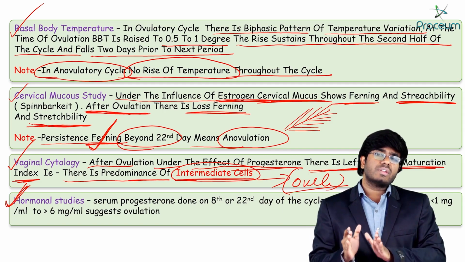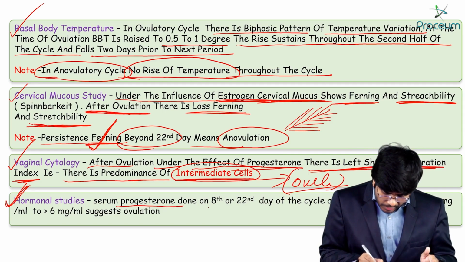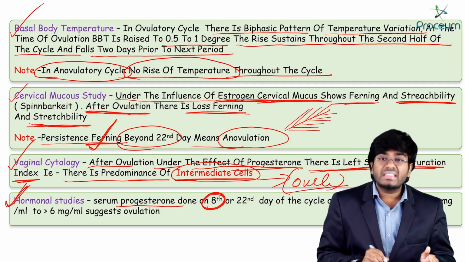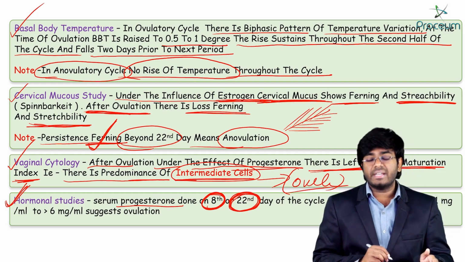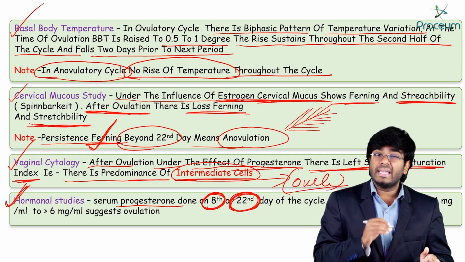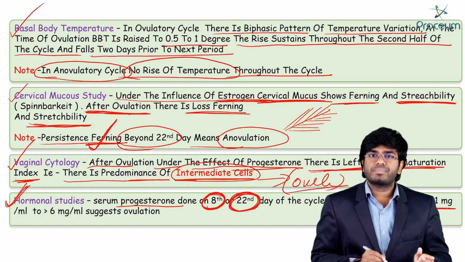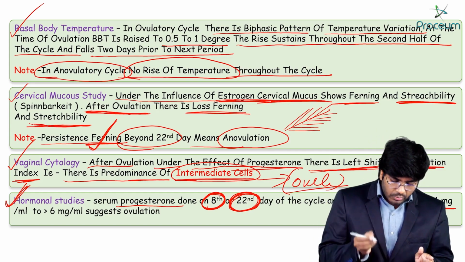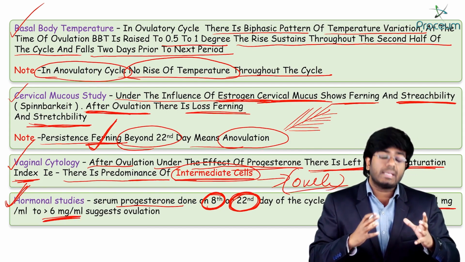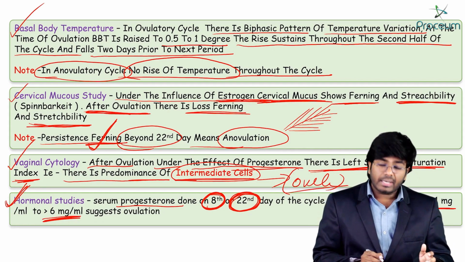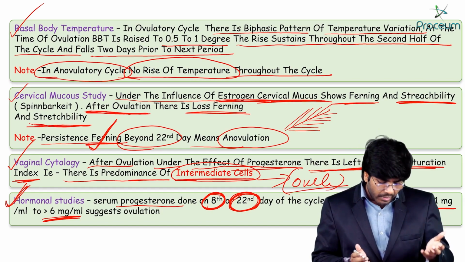Usually in the second half of the menstrual cycle, you need to have more progesterone. You have to do the progesterone level on the 8th day and redo the progesterone level on the 22nd day. Usually on day 8, the first half of the menstrual cycle, the progesterone level will be less than 1 nanogram per ml. But on the 22nd day, it should be more than 6 nanograms per ml, for example usually around 10 nanograms per ml,